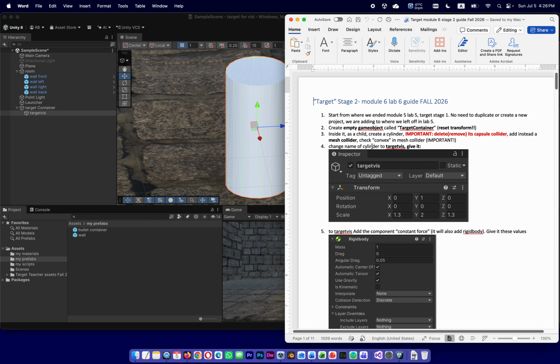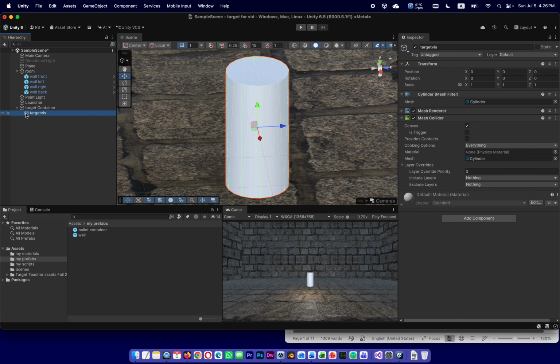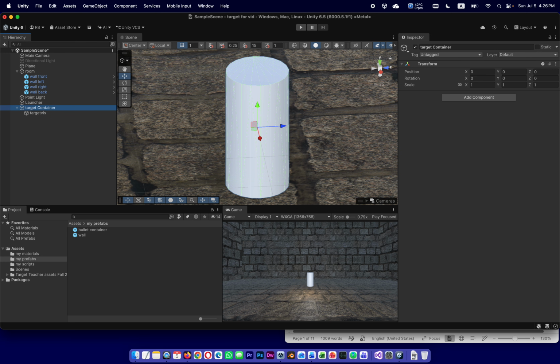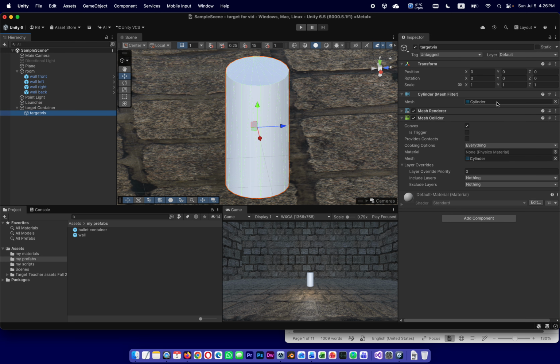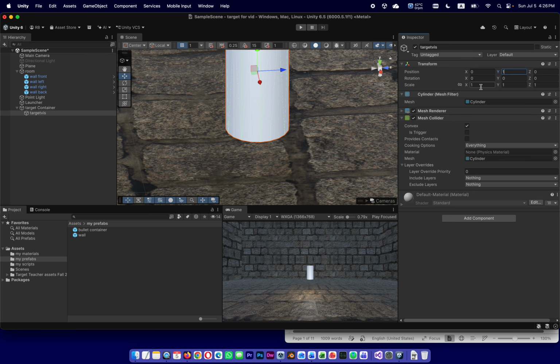Change the name of cylinder to target viz. We already did it. And then we're going to change its properties very little. 1 on the Y position and 1.3, 1.3. Let's see what that would change. So first of all, let's see that it's reset. Target viz. Target container also reset. Target viz, 1 on the height, Y, it's going to move it up. But then 1.3 x,